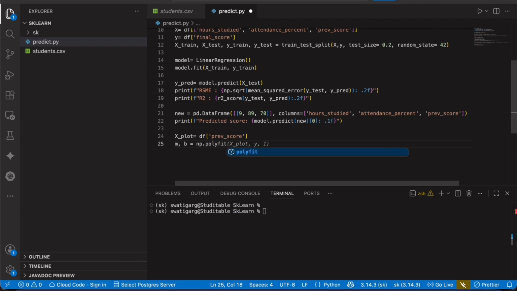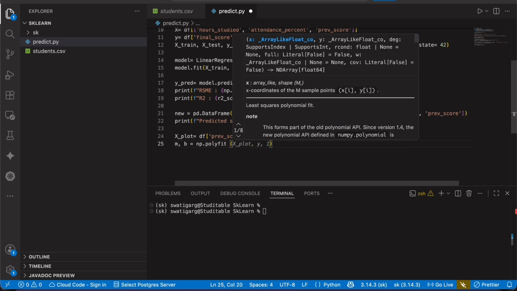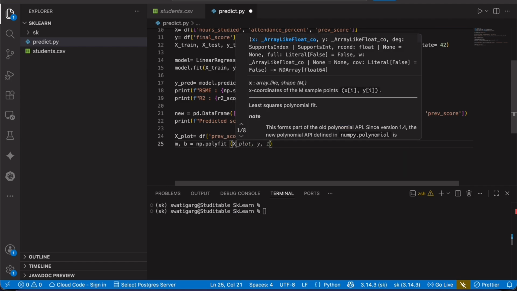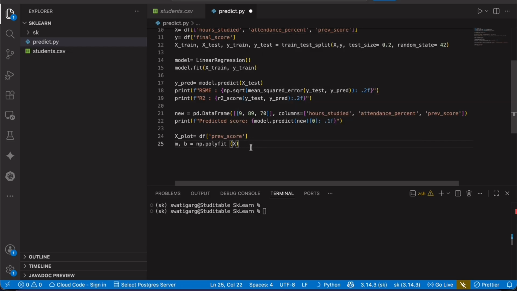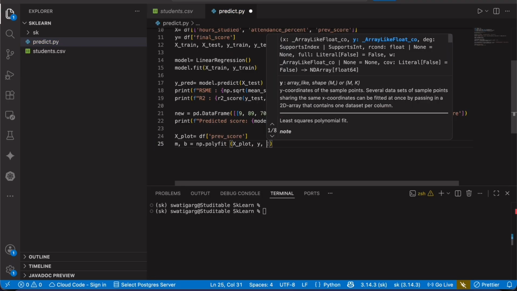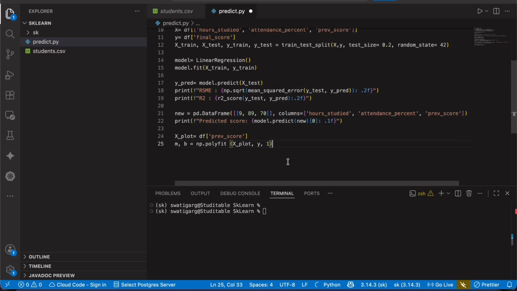Polyfit, what it does, I'll just explain. What does np.polyfit do? np.polyfit takes input values, the value of x.